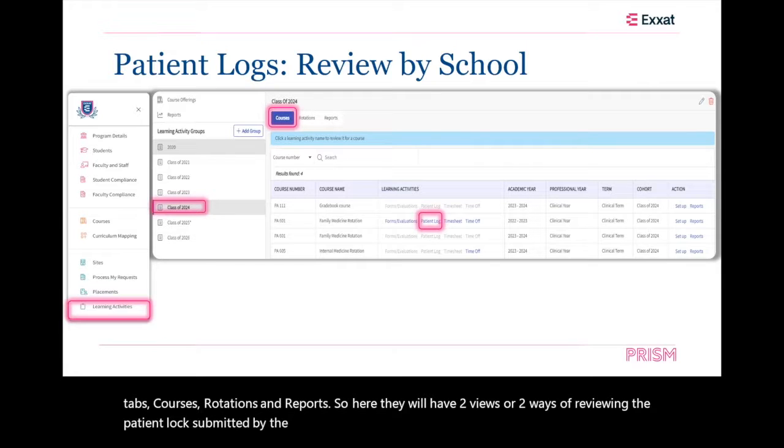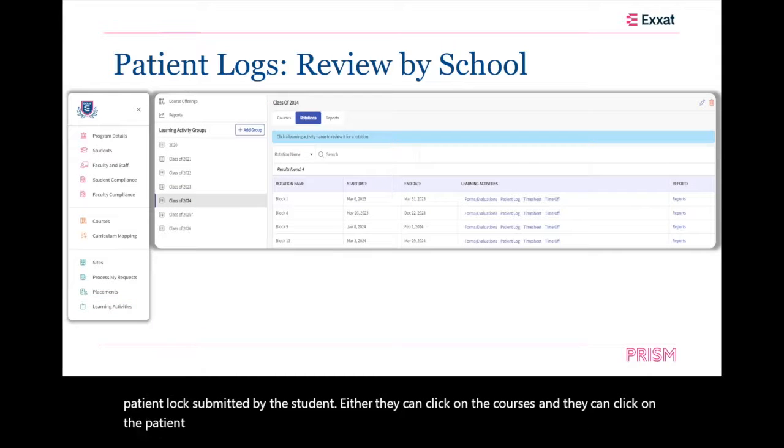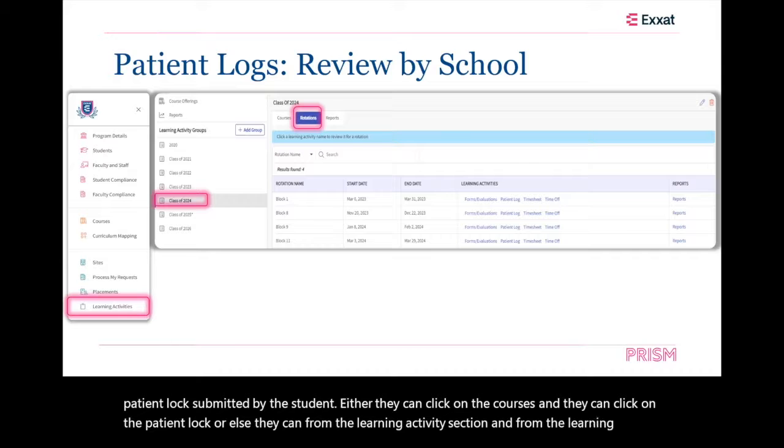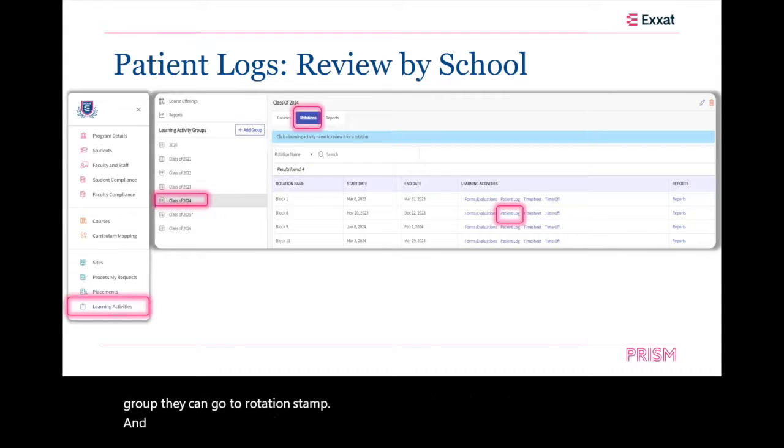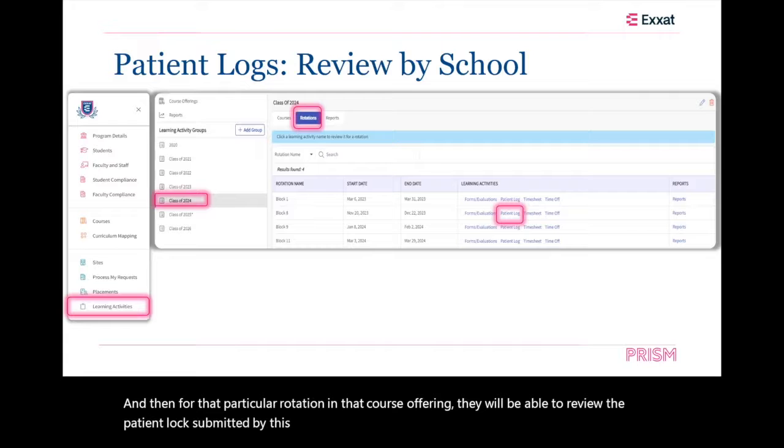Either they can click on the courses and they can click on the patient log, or else they can, from the learning activity section and from the learning activity group, go to the rotations tab, and then for that particular rotation in that course offering, they will be able to review the patient log submitted by the students. Okay. Now when they click on that link,